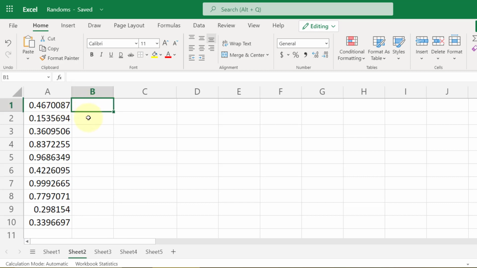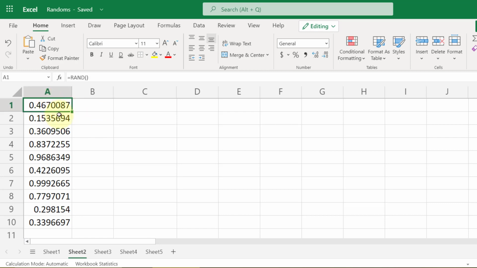For example, if we are looking for the age of students in a class, let's say grade 10, their ages might be between 14 and 16 or 14 and 17. So we would like to have random ages between 14 and 17. So how can we do that? To generate such a random number, we can use a small formula.